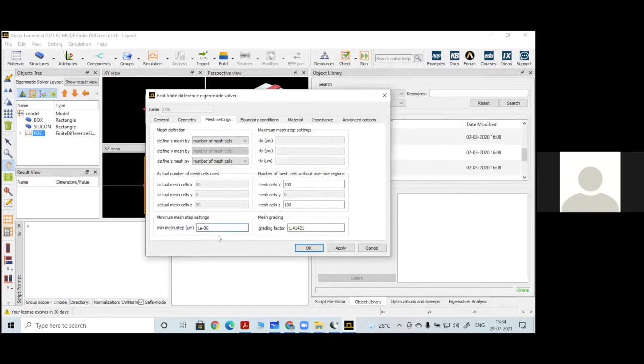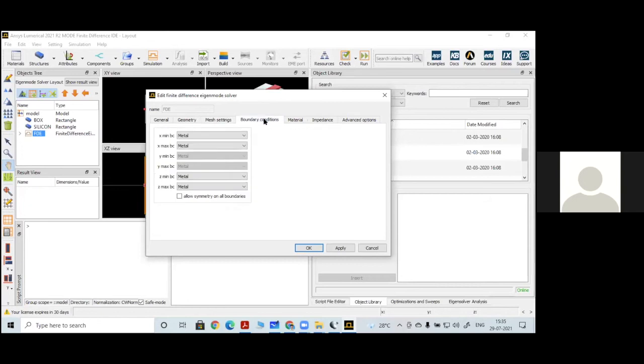But the disadvantage is that the accuracy will be much lower. When you want more accurate results, give as small a value as possible. Let it take some time. You will get more accurate results of the mode confinement along X, along Y, and even the power density results. So we have to keep this value as small as possible. Now, for this demo, let it be 1 micro.